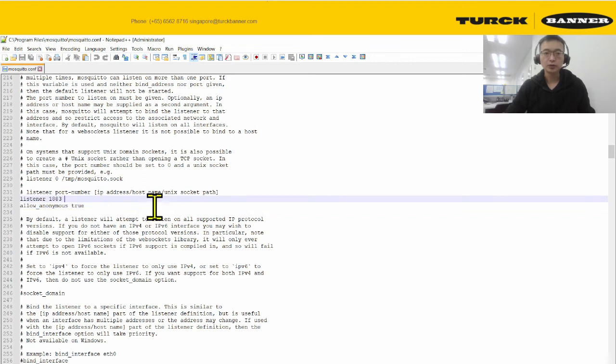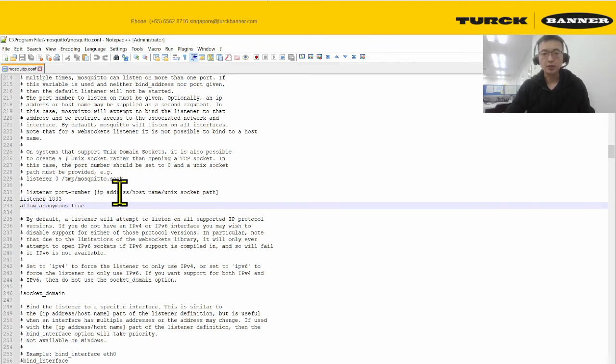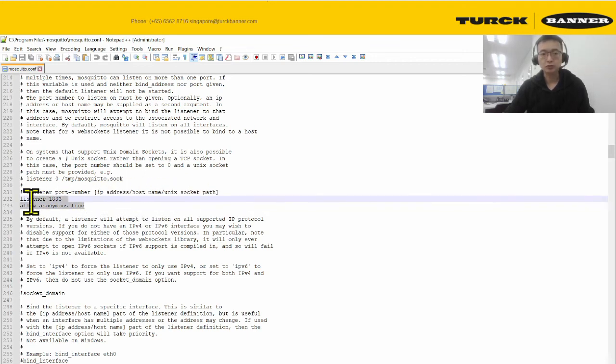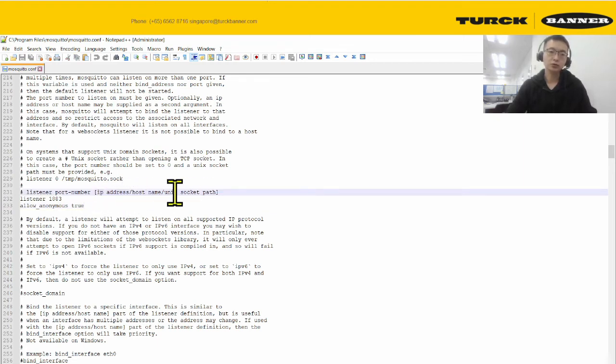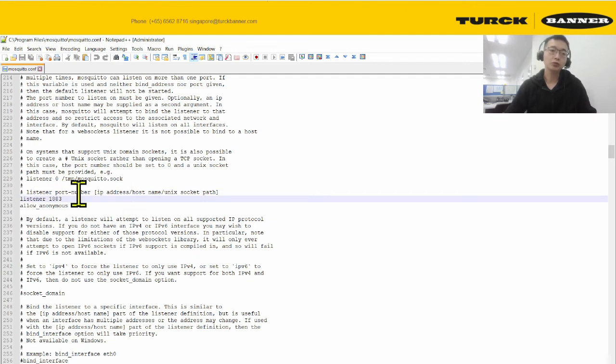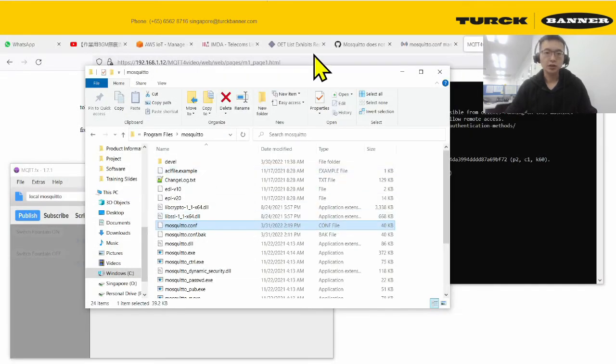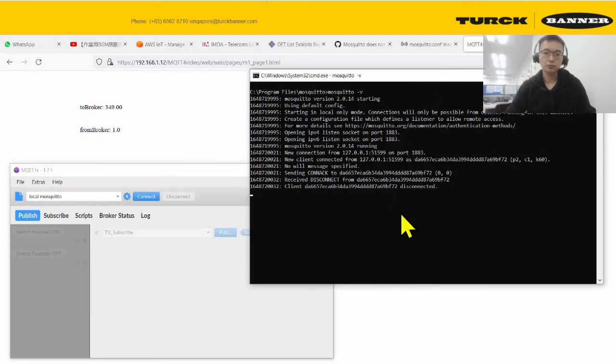Also, if you don't know the IP address of who you're listening to, you can add this one in. But for future and more advanced applications, it's advised to add the exact IP address or host name of wherever you are connecting to. Now both are ready, and then the third thing you can do